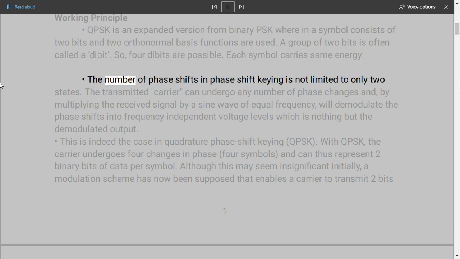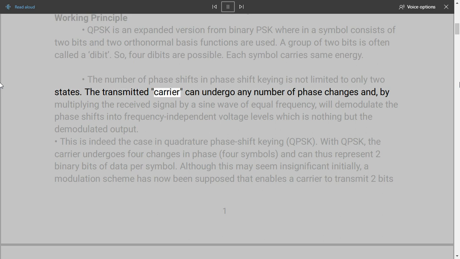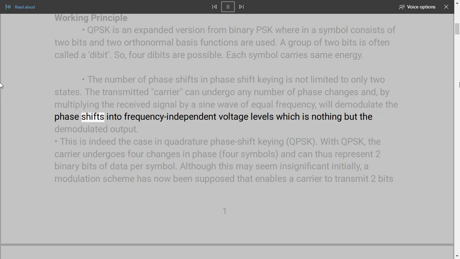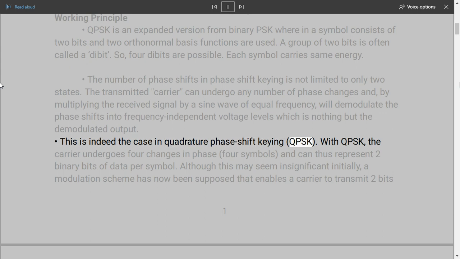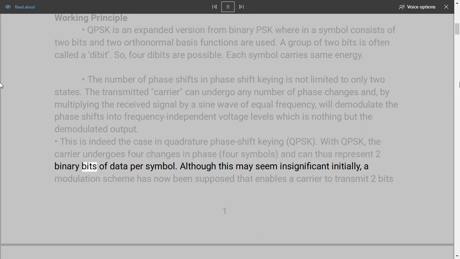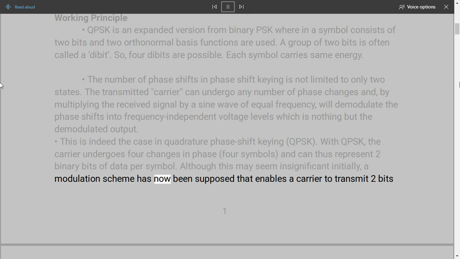The number of phase shifts in phase shift keying is not limited to only 2 states. The transmitted carrier can undergo any number of phase changes and, by multiplying the received signal by a sine wave of equal frequency, will demodulate the phase shifts into frequency-independent voltage levels, which is nothing but the demodulated output. This is indeed the case in Quadrature Phase Shift Keying, QPSK. With QPSK, the carrier undergoes 4 changes in phase, for 4 symbols, and can thus represent 2 binary bits of data per symbol. Although this may seem insignificant initially, a modulation scheme has now been supposed that enables a carrier to transmit 2 bits